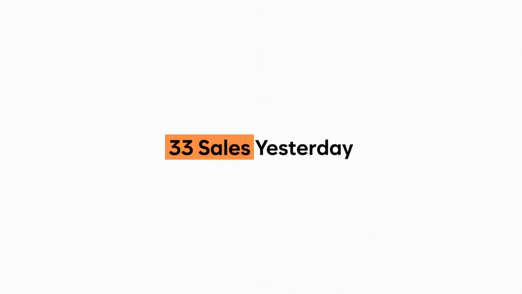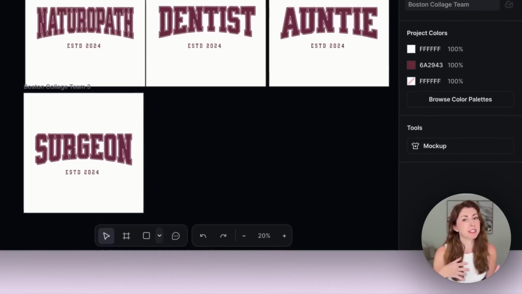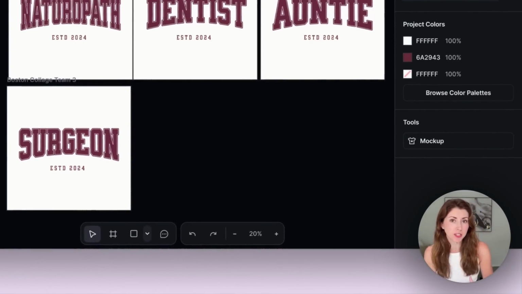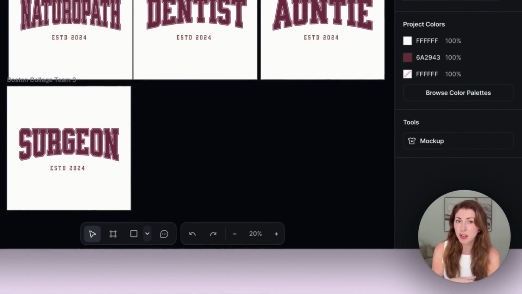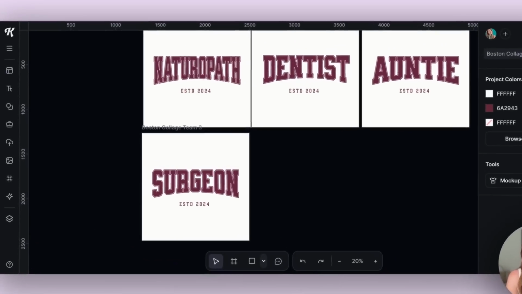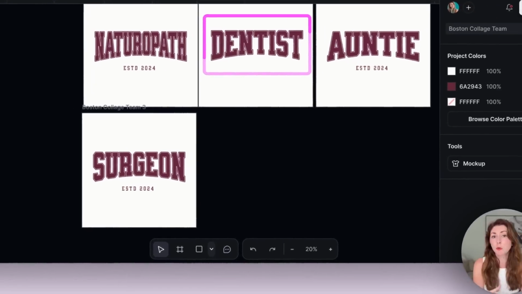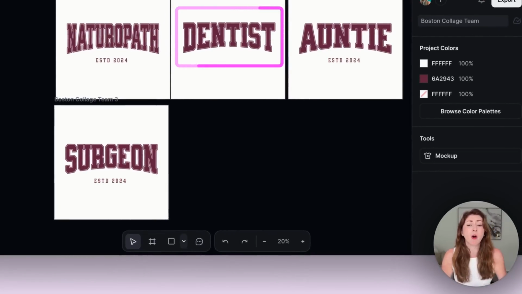Of my 33 sales made yesterday, 7 of these had this design style with different variations applied to different niches with different words across the top. Some of them had customization, but more of them just either had an icon underneath or an icon on the sleeve or a back print added to it as well. But some of them, about half, were literally just a word with nothing else added, like this with just a very simple word across the top, which again was super easy to make and makes up a whole bunch of